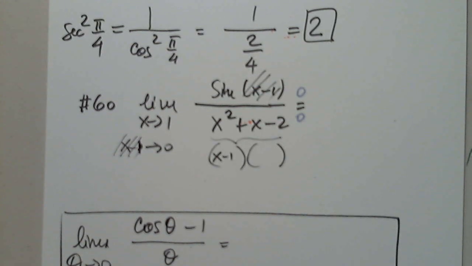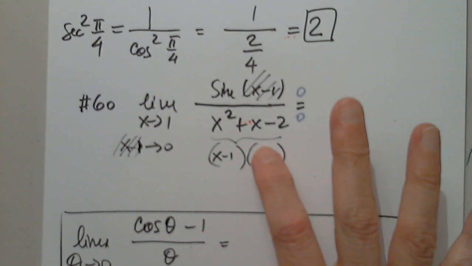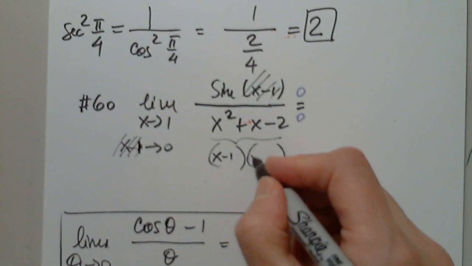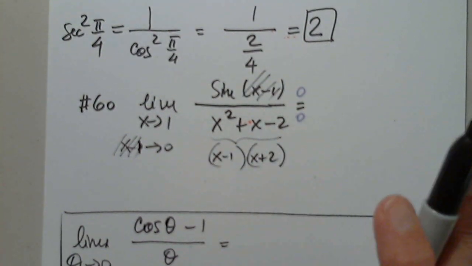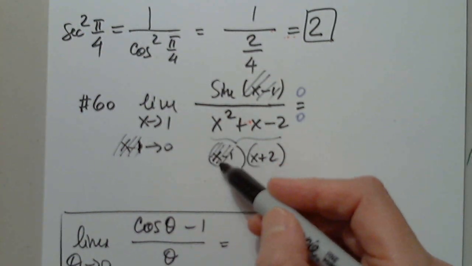That would be positive 2. But it has to have x. Oh, x. You mean x plus 2. x plus 2. Perfect, indeed. x squared minus x plus 2x minus 2. Perfect. So now,